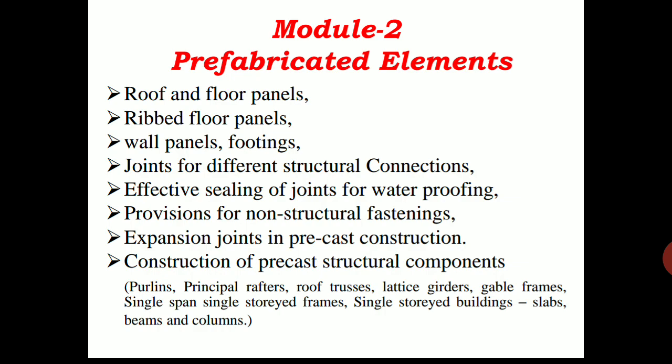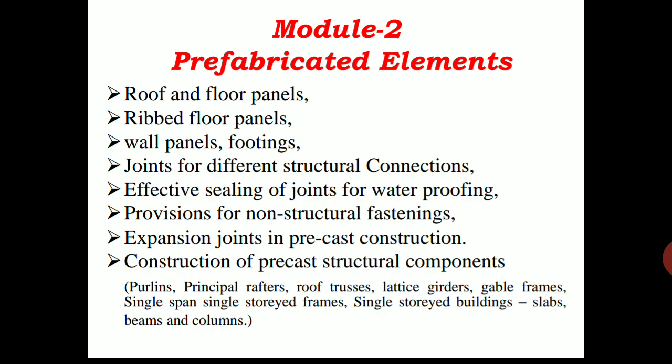In a conventional building, we directly provide the reinforcements for the column, and after the column construction we go with the slab construction. But here the slabs and columns have already been constructed in the manufacturing factory. We just need to connect, I mean join, those two different structural elements. So like that, different component joints will be there. For example, column to beam, or beam to column, both are the same, and then slab to column. The different structural members will have different joints. That we will study now.